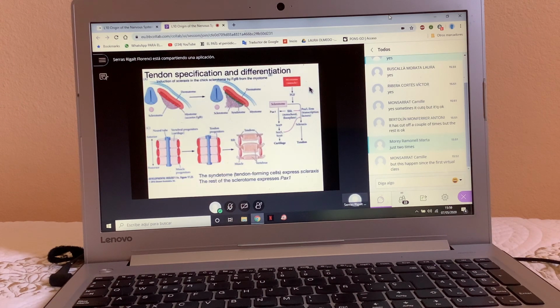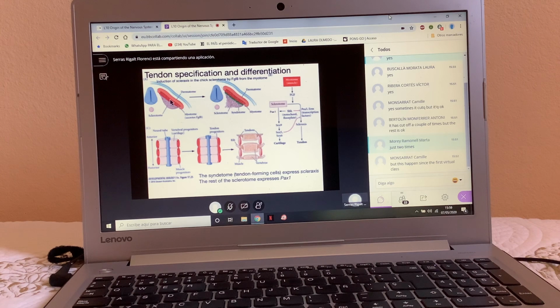The other thing I would like to share with you is the origin of tendons. Tendons differentiate in order to hold bones together with muscles, right? So exactly, you remember that we have these two areas here. This is the sclerotome, this is the myotome, and this is the dermatome, right? Now,